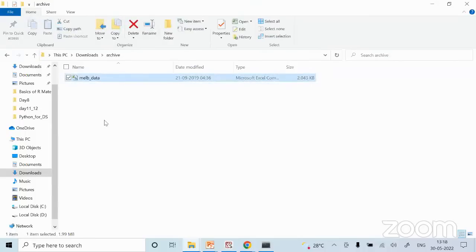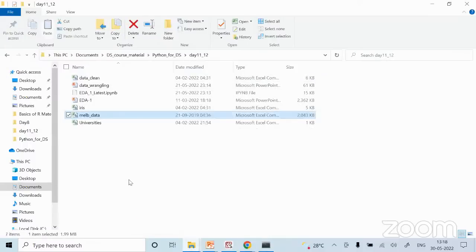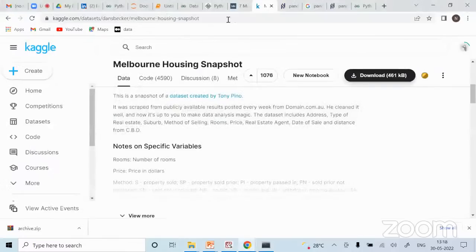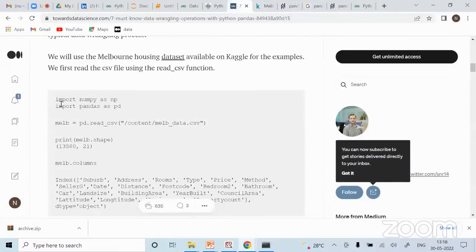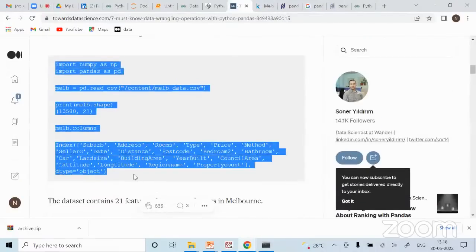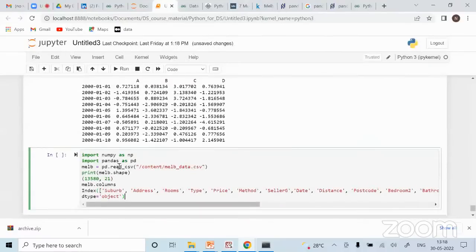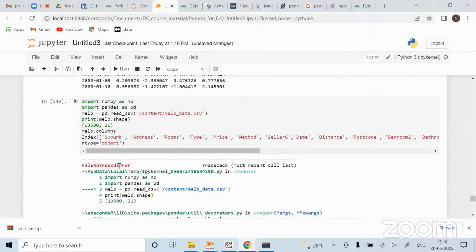So this is the data. You can simply copy it over here. Okay, cool. तो अब मेरे को अगर ये डेटा को रीड करना है, what I can do is I can simply copy paste this code. The only thing is I will have to... Will it work? Let me do this.